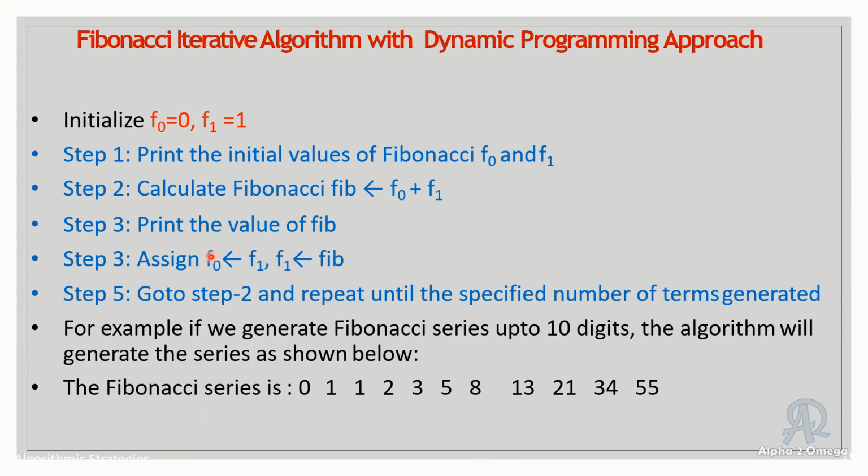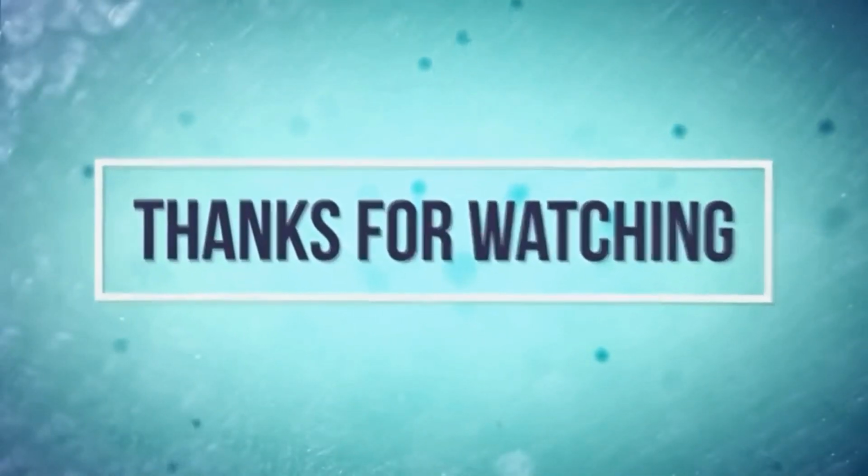இதுதான் ரொம்ப முக்கியம். Assign f1 to f0, the fib value whatever you are getting to f1, then you have to repeat the steps. Okay, if it is 10 digits, so this will be the output for this. I hope you all know how it is executed, isn't it? So ரெண்டே add பண்ணி வருது. Okay, so you have to explain this Fibonacci series. அவ்வளவுதான். You have to write the algorithm and explain. Give the definition of a dynamic programming approach as it is similar to divide and conquer சொல்லலாம், and how it is getting overlapped, how it is used as overlapped subproblems என்றதை explain பண்ணுங்க.